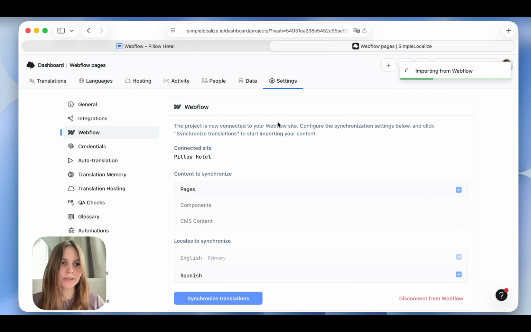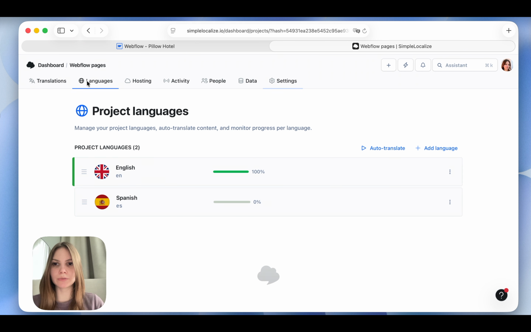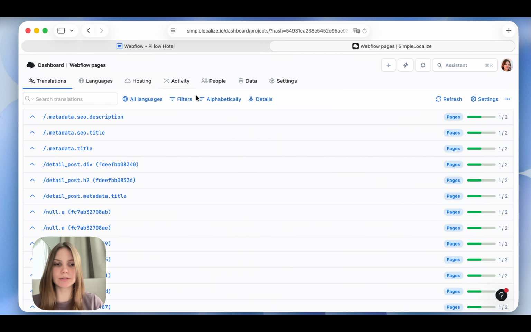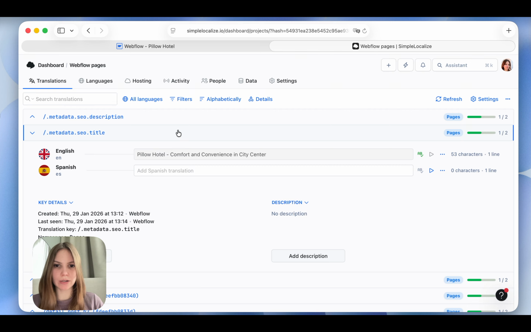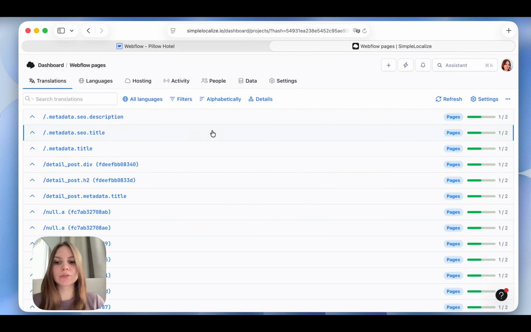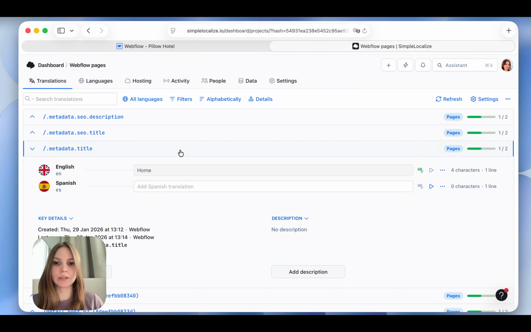So again, let's wait a moment for the synchronization to be completed. Okay, it's ready. So if we go to Languages tab, you will see Spanish, new language, and in the Translations tab as well. So now we need to translate it. So you can use auto-translation, or you can manually translate